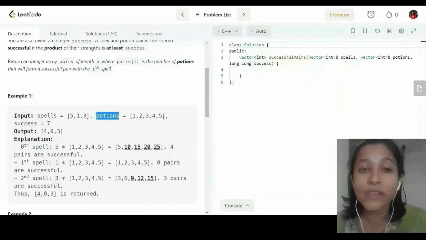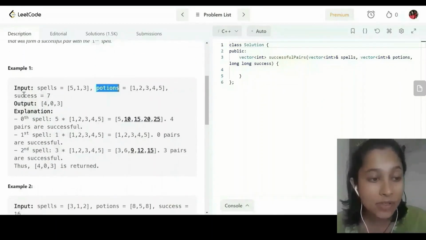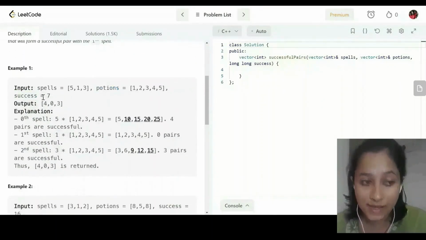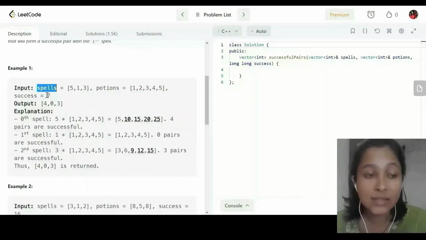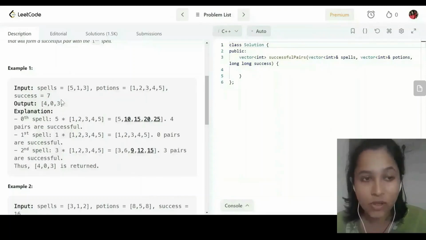So how will that be decided? They have given us another variable called success. If the product of spell and potion is at least 7, then we will consider that pair as successful. So the minimum value which our strength can take is 7.